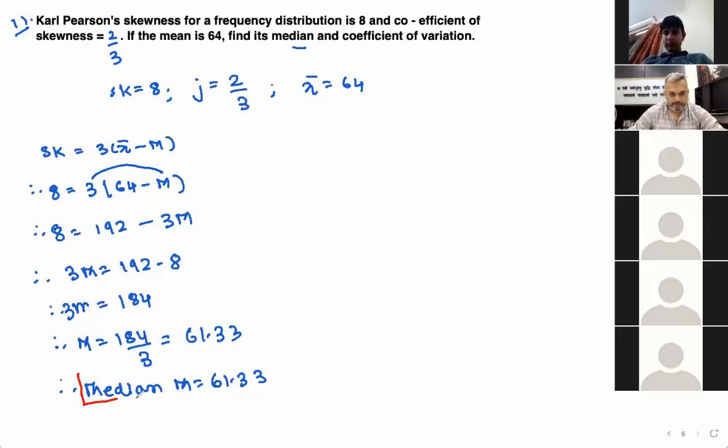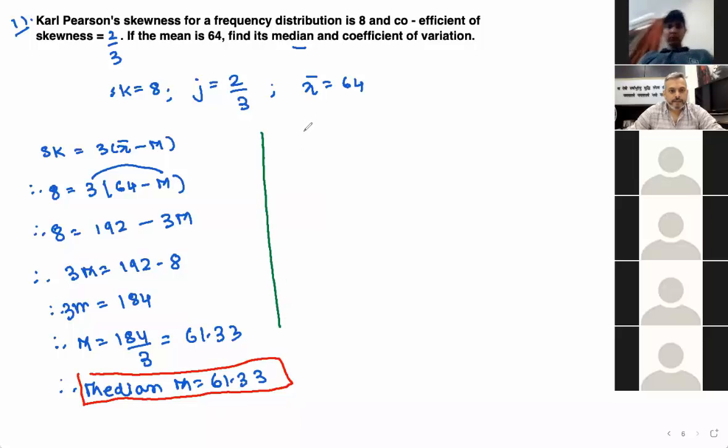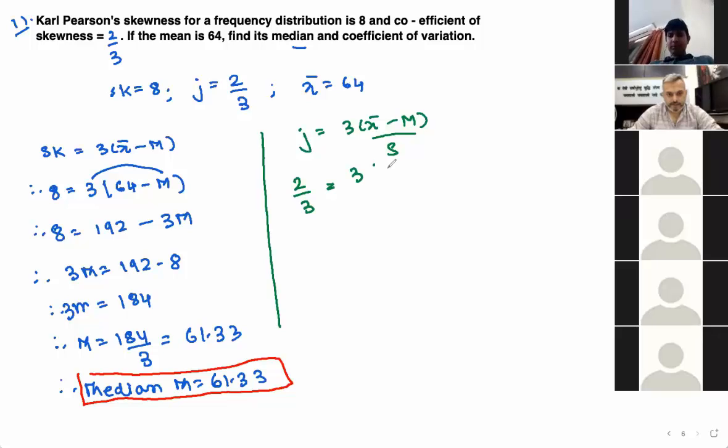So I'll highlight it. So we got the median. Now we have to find coefficient of variation. So now what is required for coefficient of variation? We need to find the standard deviation. Now J, coefficient of skewness, is equal to 3 (x bar minus m) upon s. So 2 by 3 is equal to 3 times (x bar, which is 64, minus median, which is 61.33)